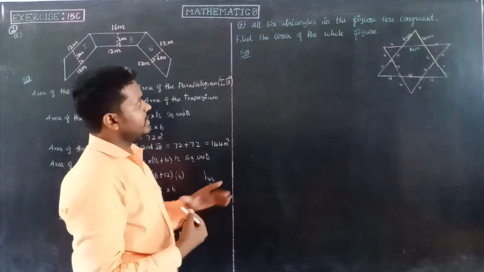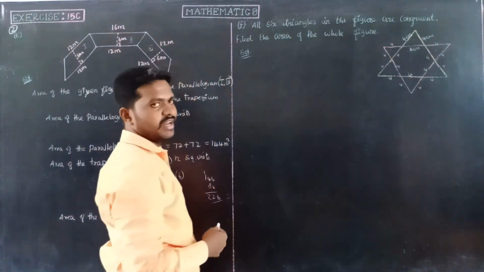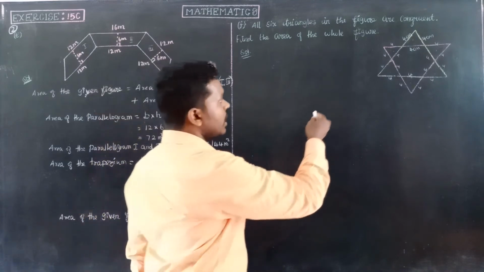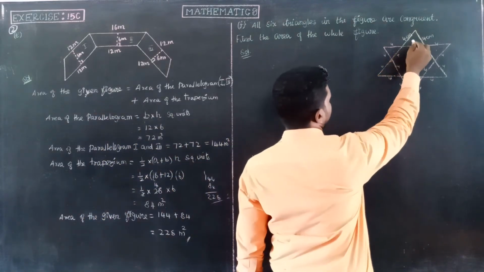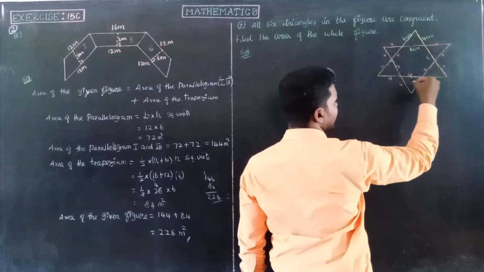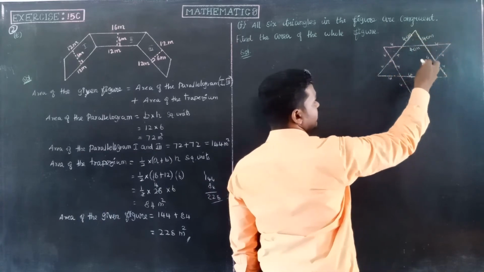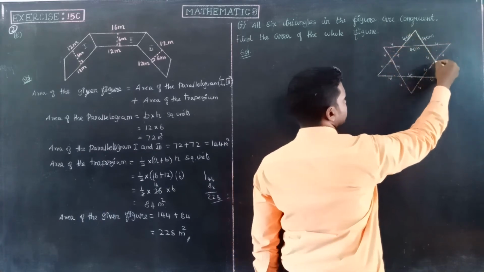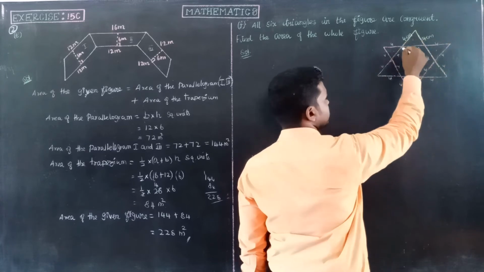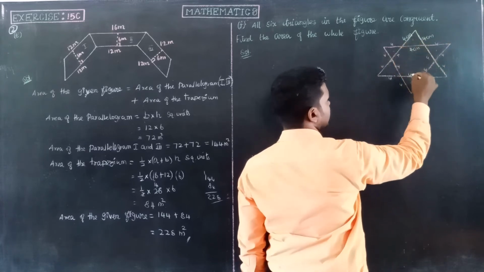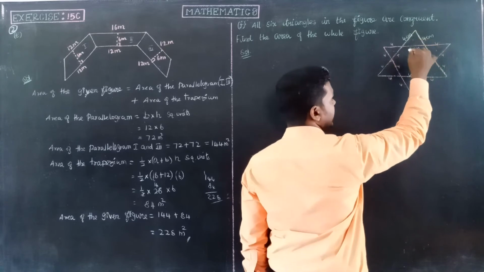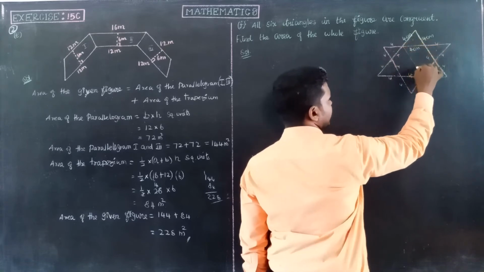So the total area of the whole figure. First, the outer triangles, the six triangles, and then the area of the inner region. The inner region is a hexagon. A hexagon has 6 sides: 1, 2, 3, 4, 5, 6. When opposite vertices are joined,